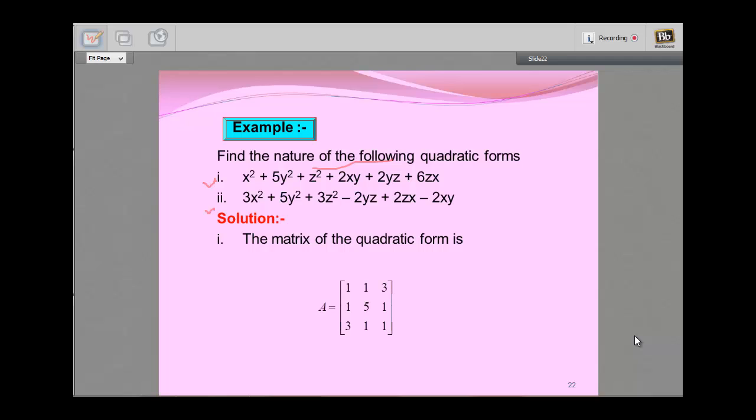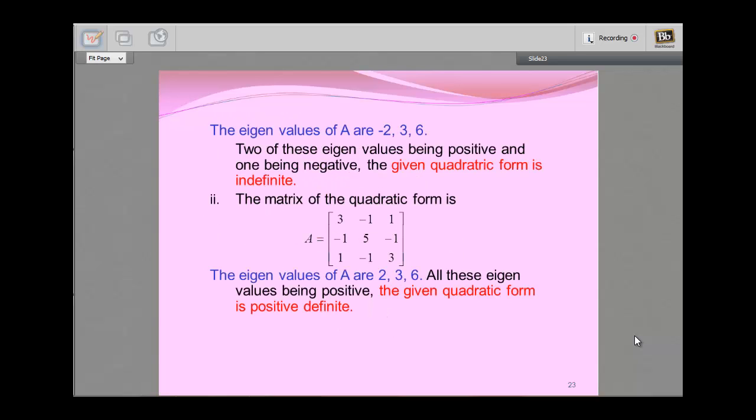First of all, we will write the characteristic equation. When you solve it, you will get three roots. That is -2, 3, and 6. So tell me which